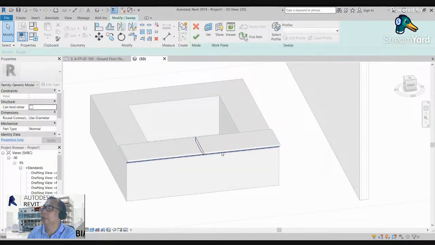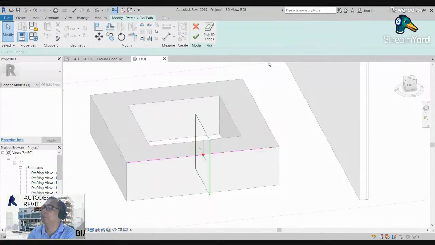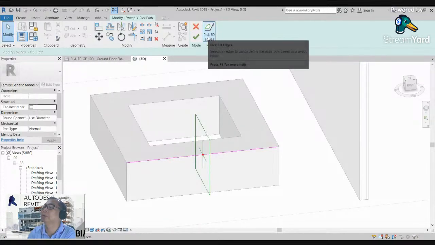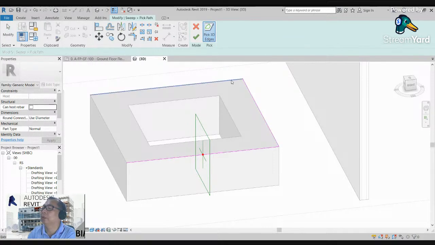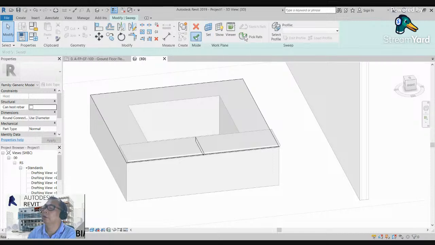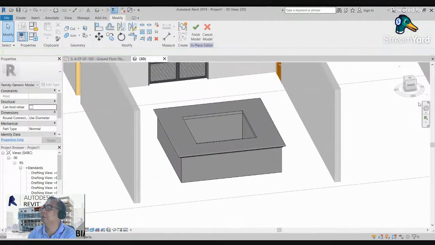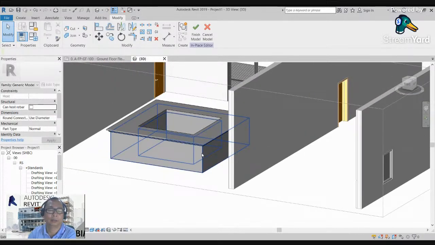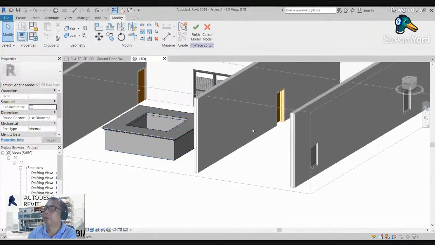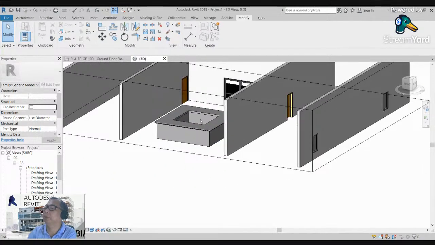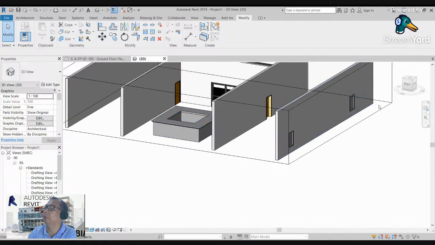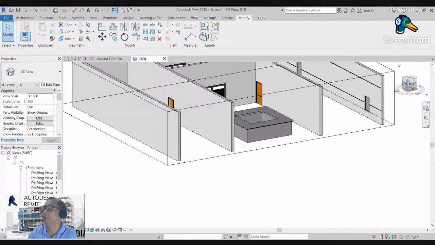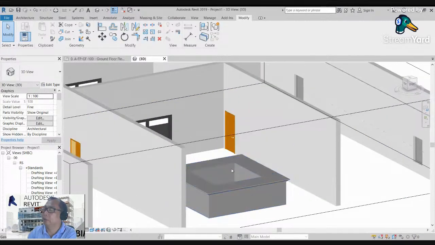Okay, and then click edit, and then pick path also, pick path here, 3D, click one, click one, click one, and then just okay, okay, and then you will see that one is already here. And then finish. So this is a part of the model in place component,